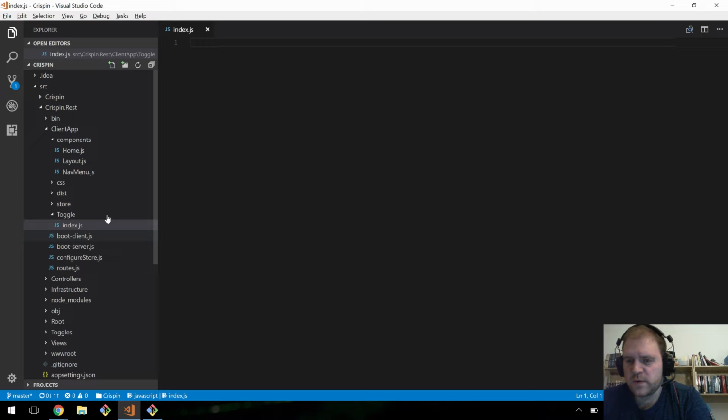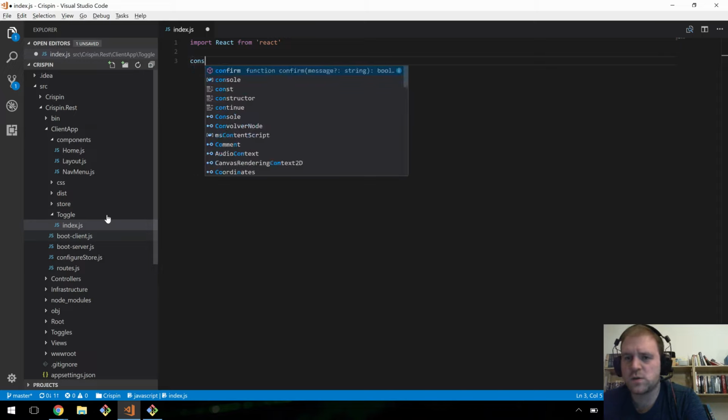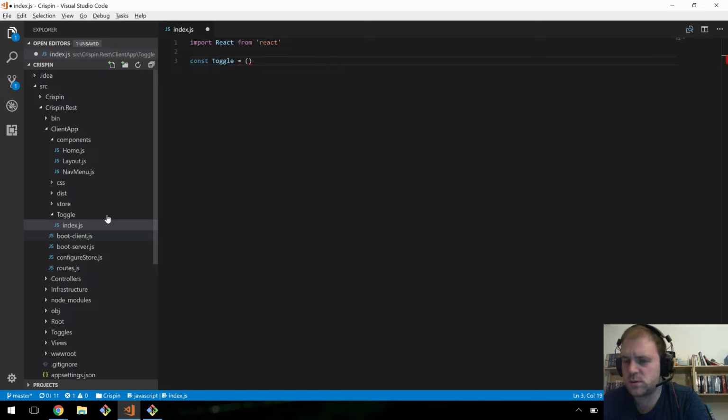Now I have to remember how to do all of this, so it's import React from React. Now let's try and avoid using a class component to start with. So you can use classes and components, but I'm going to try and do this using the lambda functions, or arrow functions as JavaScript people seem to call them, because those are stateless and a little easier to deal with. So our toggle is going to be const toggle equals a lambda that returns, and now we'll just put some HTML in here. So a div,